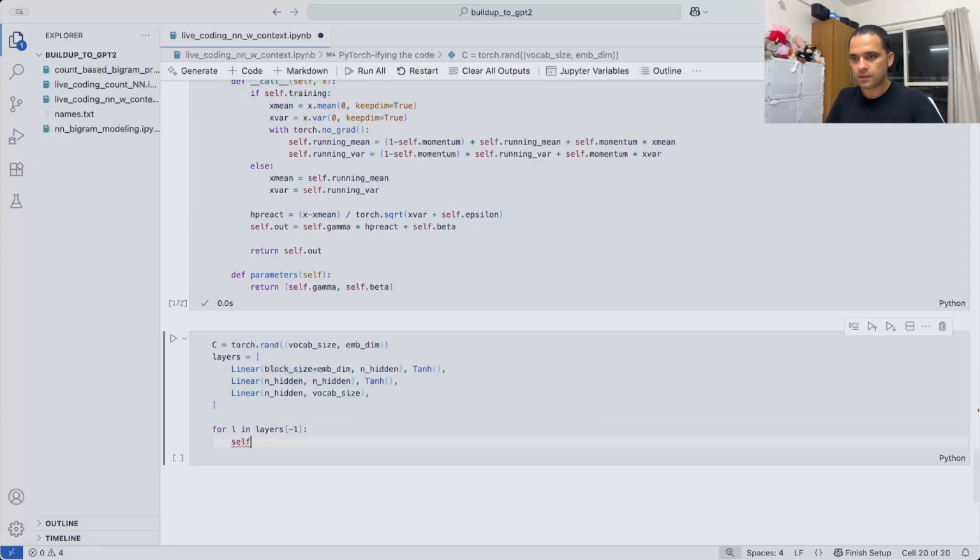We'll say L.weight multiplied by 5/3, because for tanh the gain is 5/3. So L.weight, we multiplied with 5/3 as the gain. Then if the layer is